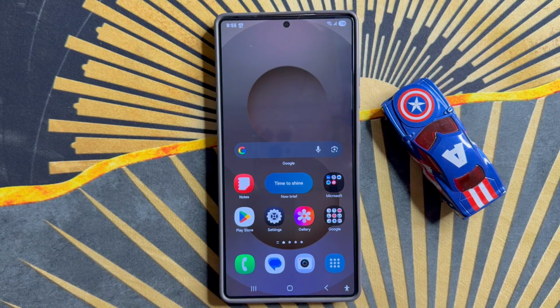So that's how you can enable or disable wake up Bixby even when media is playing on